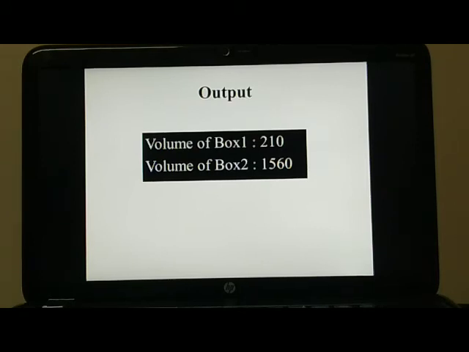A GUI object uses graphics such as button and table to represent part of a system. Object attributes can be size, shape, color and location. A GUI object has behavior or methods which describe what an object can do. The objects interact by sending messages to each other, asking another object to invoke or carry out one of its methods. So as we have seen before, objects can interact by sending messages to each other, and that is the main concept of it.